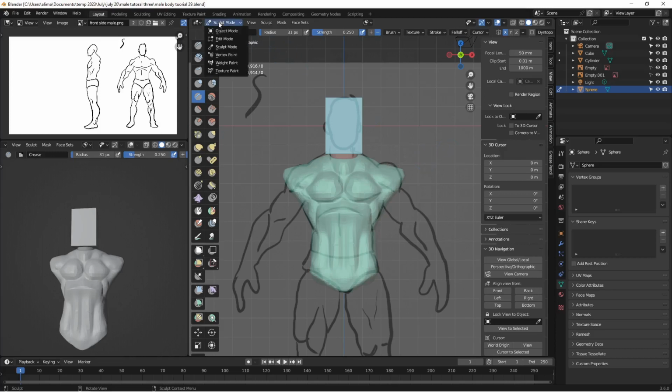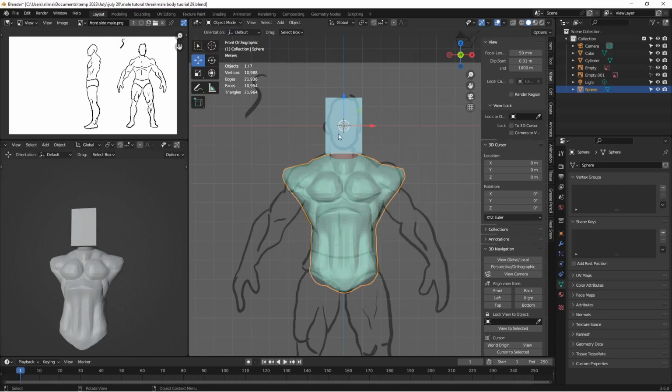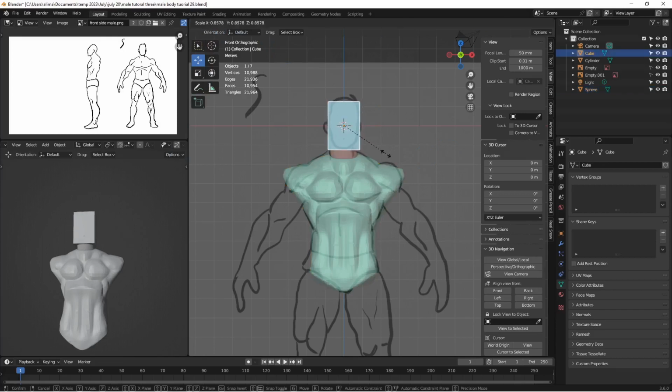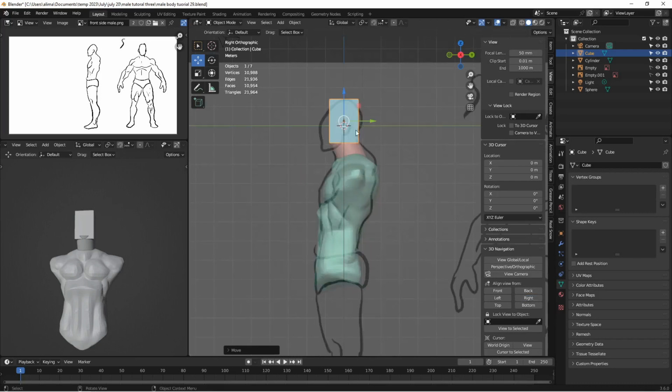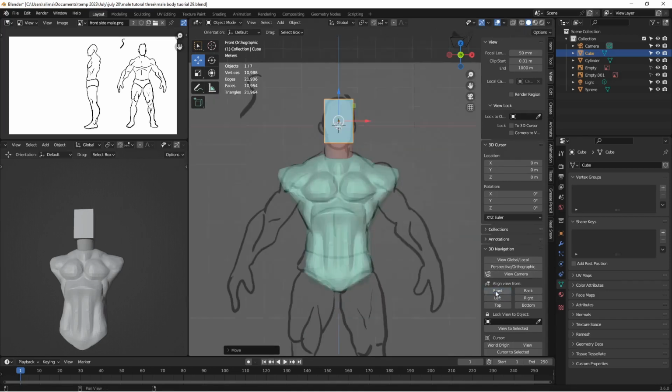Okay, I'm going to go to the upper part of the screen. I went to object mode. I'm going to shrink this cube. Just a placeholder for now. However, it's kind of bothering me. That's better. Okay, so what we're going to do now, I learned this, yet another thing I learned from Speed